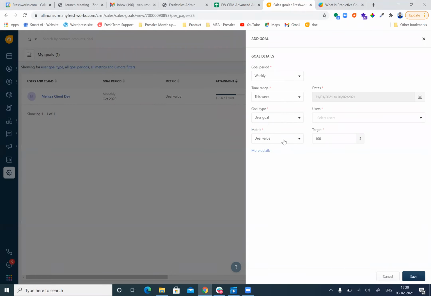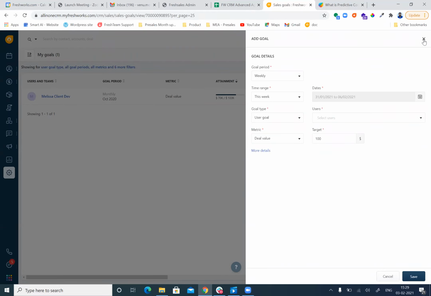Okay. And the goal metric can be based on value, the revenue part, either in dollars or in the relevant regional currency value, or it can be based on the number of opportunities they want to win on a monthly, weekly, quarterly, or yearly basis. So either it can be based on the revenue in a currency type, or on the number of projects they have closed.